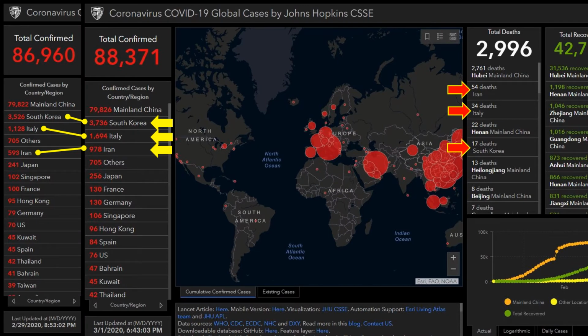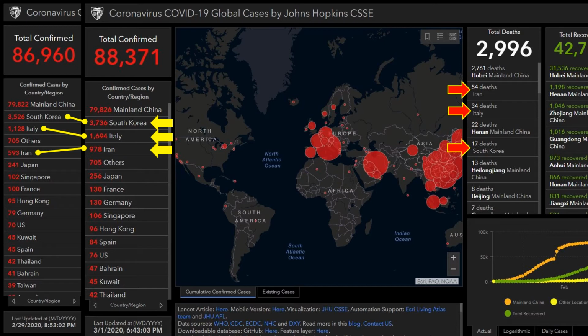Then the three hotspots outside of China recently, for the last week or so, have been South Korea, Italy, and Iran. And you can see not only is it impacting the total numbers, if you look on the right, the total deaths, we have Hubei province has the most deaths of any province in the world. And then we have Iran with 54, Italy with 34, and South Korea with 17. Those are moving up the list of Chinese and other world